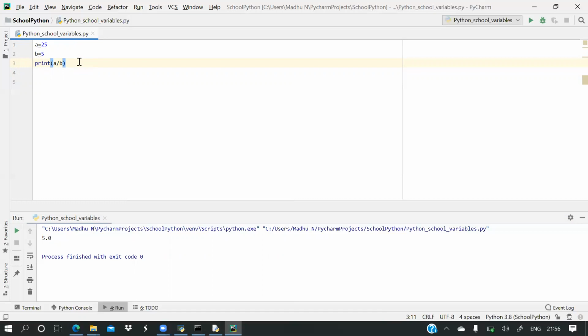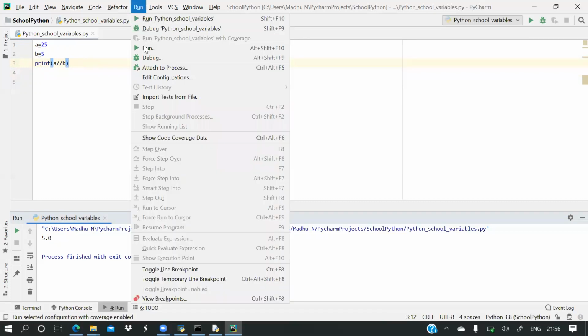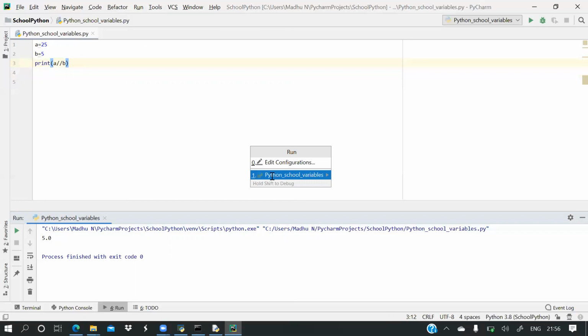Now how to print only 5? We have to use the integer division operator. Now 5 will be printed. See here. Got it? Now 5 will be printed.